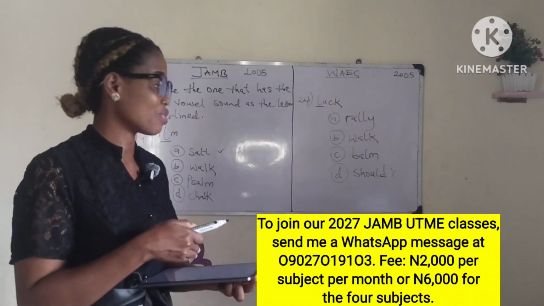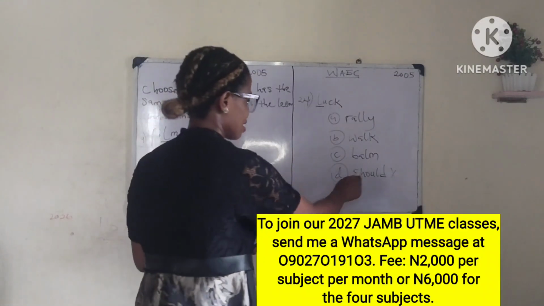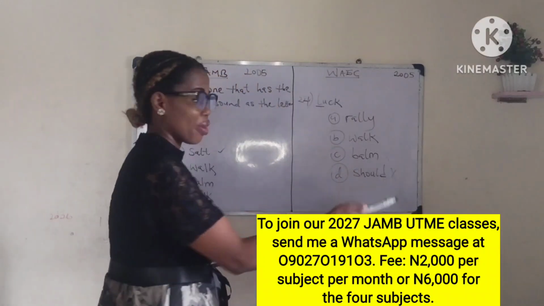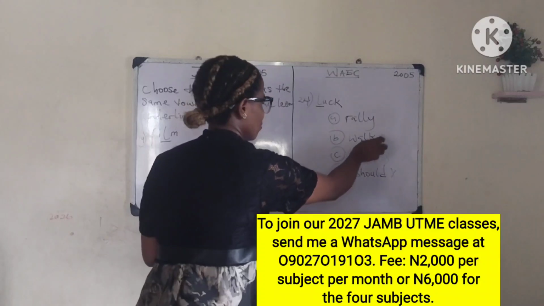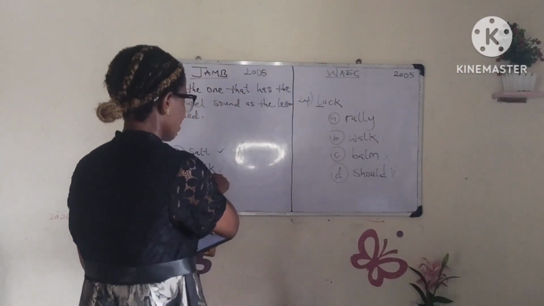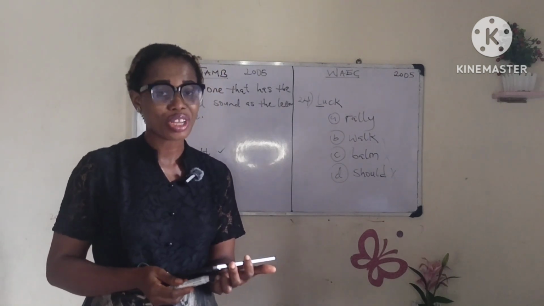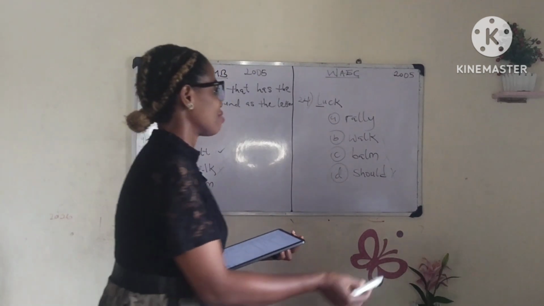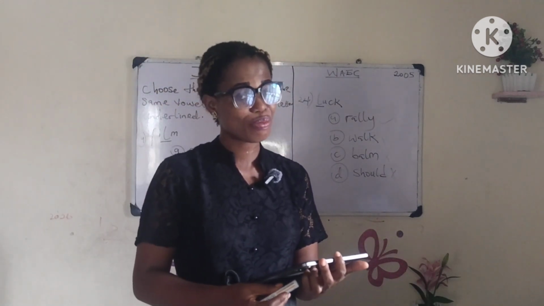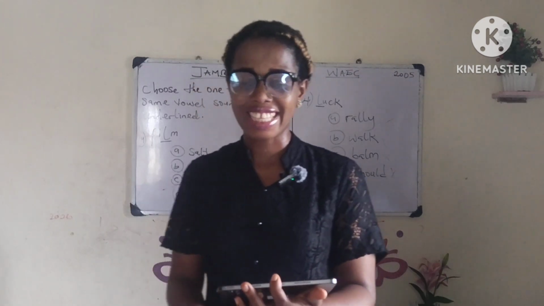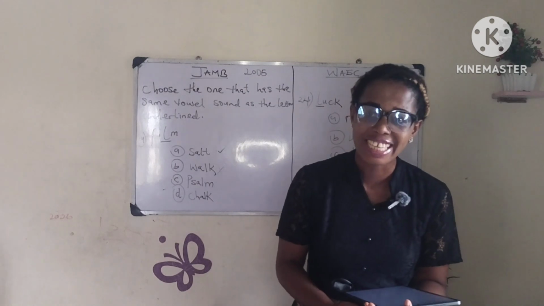So, like we read in Mastering Oral English, the L in should, would, could is silent. Balm. We have L before M, and balm is in the list. You should take note of it. It is silent. Walk. We already saw walk here, and it is in the book that L in walk is silent. And rally. Rally has the O sound. The L in rally is pronounced. So you can see how easy it is for you to answer questions correctly when you get